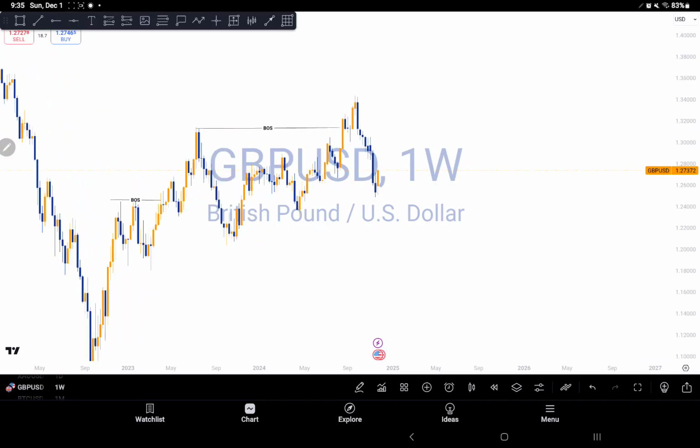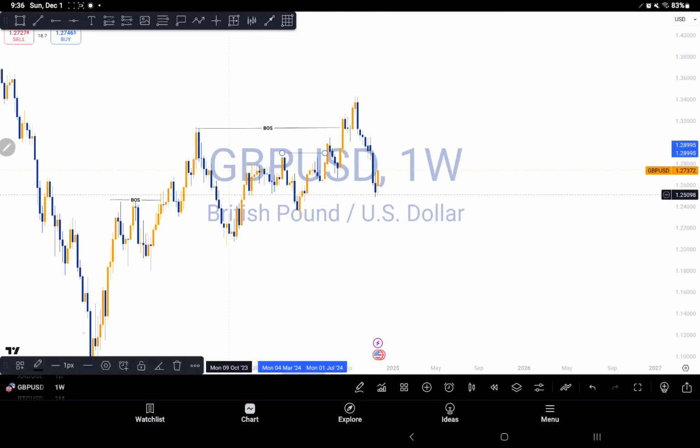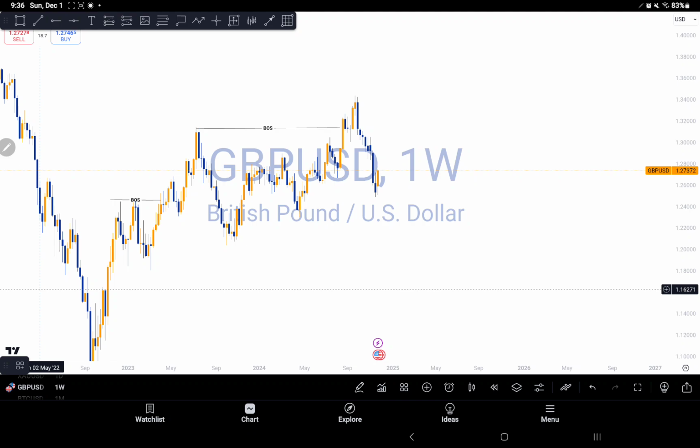So if you watch my previous analysis, when it was tanking to the downside, I was predicting it to react around this area right here for it to continue to push to the upside. But as you can see, we didn't react around that area. We can see that we have an internal break of structure as well. This is one internal break of structure that we can see,